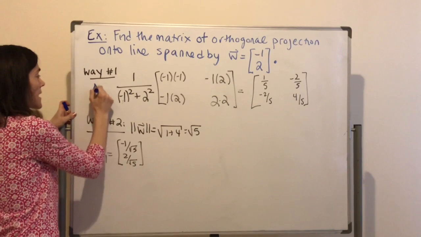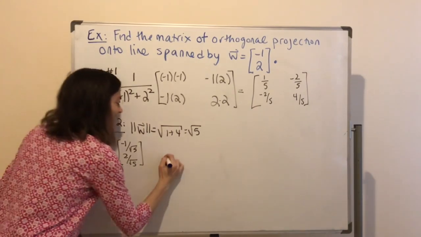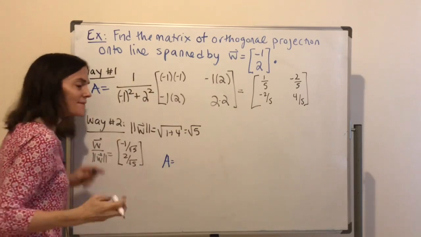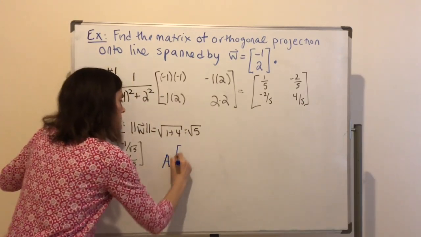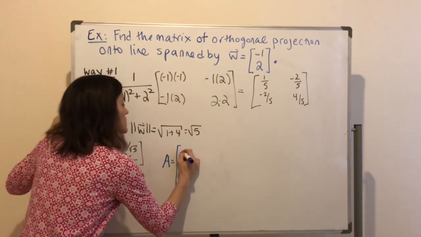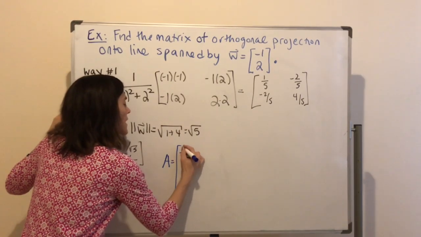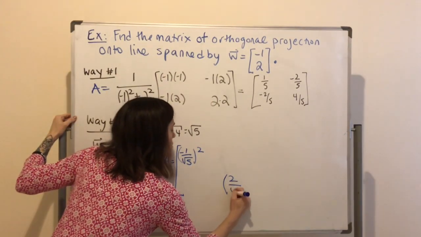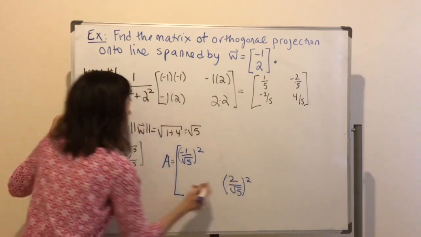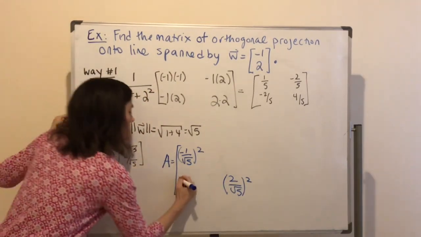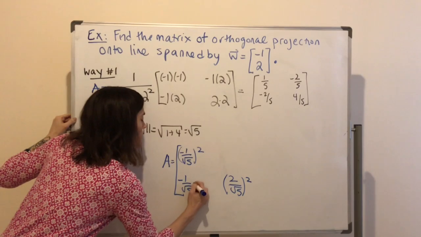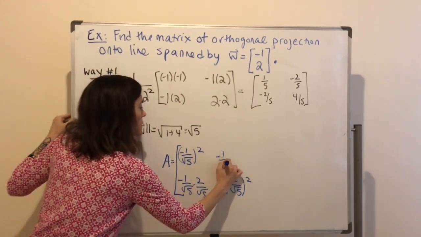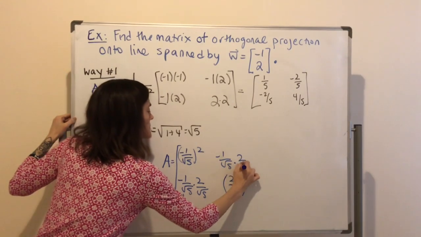And when you have a unit vector, the A is just equal to 1, so I don't need this part in front. So now I have a unit vector. This would be -1 over square root of 5 squared, and then this would be 2 over square root of 5 squared, and then these you just multiply, -1 over square root of 5 times 2 over square root of 5, and then this one is -1 over square root of 5, like this.